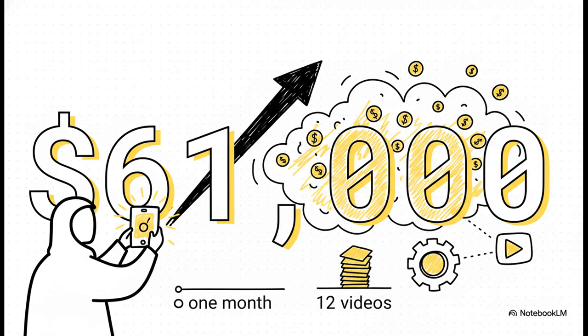$61,000. Just let that massive number sink in for a second, right? That is the absolute jaw-dropping monthly revenue generated by a completely faceless YouTube channel called Zen. And honestly, here's the kicker. They hit that number after just one single month of existence, having uploaded only 12 videos. Seriously, 12 videos. Welcome to today's Explainer, where we're going to unpack exactly how that is even possible, and more